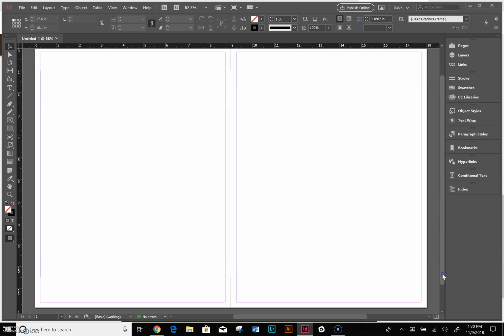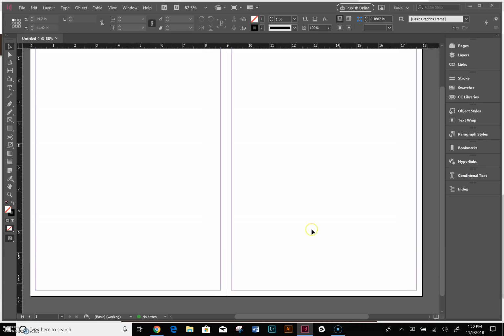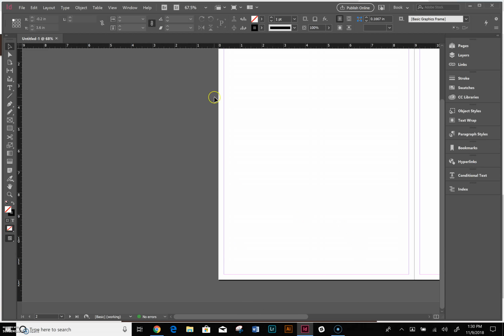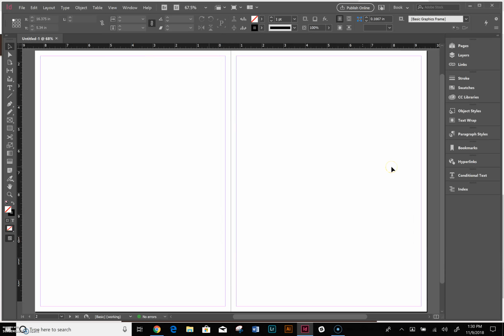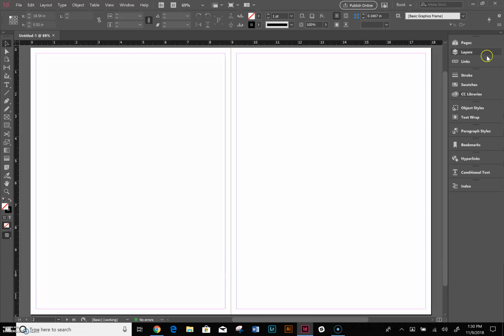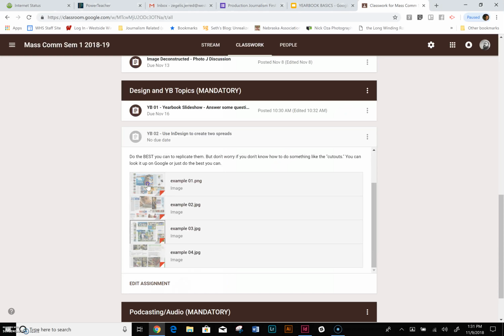These handlebars move up and down. These handlebars move left and right. If you ever get lost or stuck and you're not sure where you're at, you can go to View, Fit Spread in Window, and you're back. InDesign has a lot of stuff on it, right? It's got stuff over here on the top, toolbars, all kinds of stuff. We could sit and do InDesign forever, but the quick rundown is that when you're emulating any of these spreads,